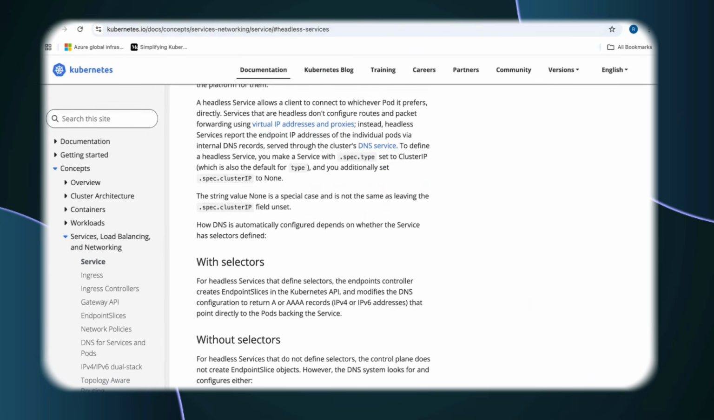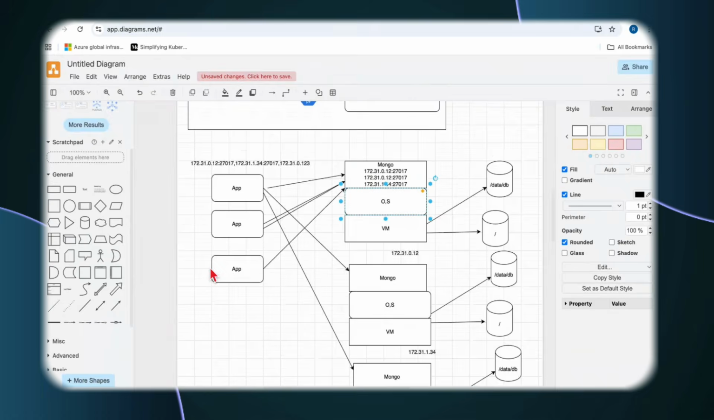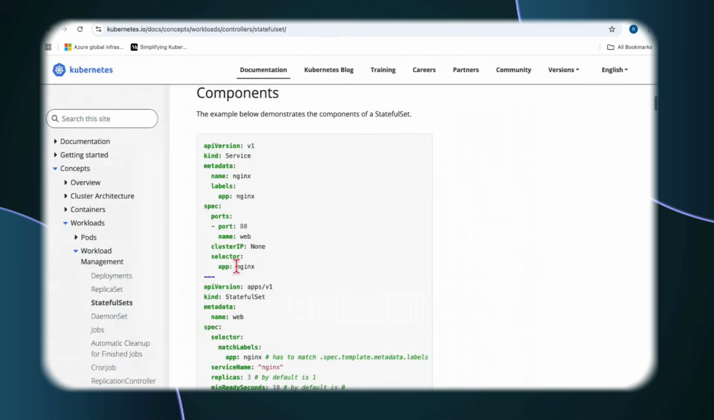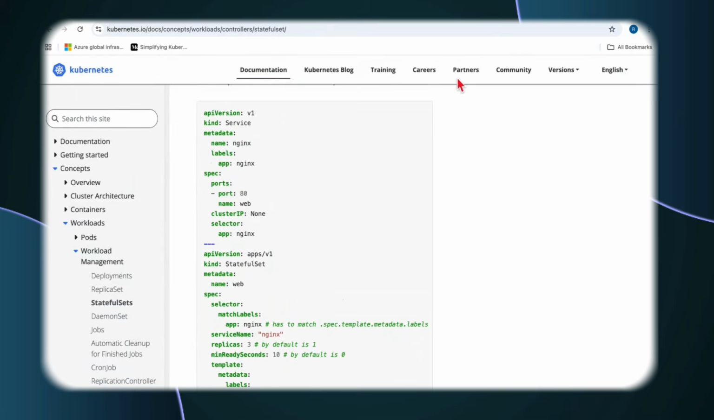Now they are giving some example here, a stateful set example, but they are using the Nginx image. If you see, they are creating a service, and explicitly they are saying cluster IP none. So this is like a headless service, and this service detail has to be given when we are creating a stateful set. If you see in the stateful set specification,